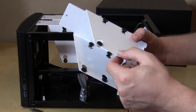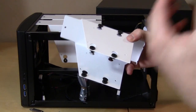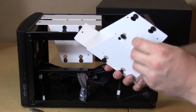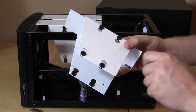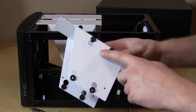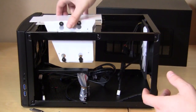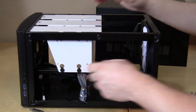and as you can see here, we do have rubber grommets on the side, so if you have 3.5-inch hard drives, it's going to be vibration dampening and everything like that. You don't want this thing to make a ton of noise. The grommets here are mountings for your 3.5-inch drives, and then the smaller ones right here are for your 2.5-inch drives. Just the same to put them back in. Line it up, and make sure they go back down there,